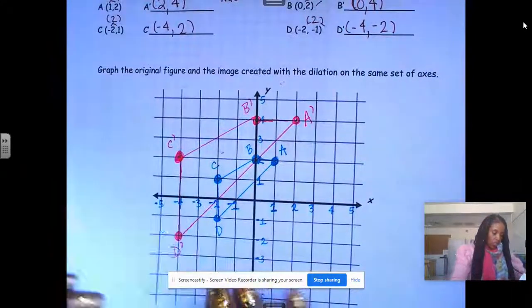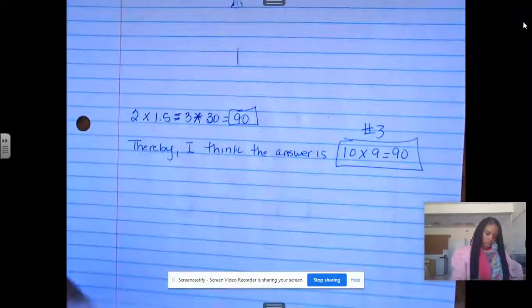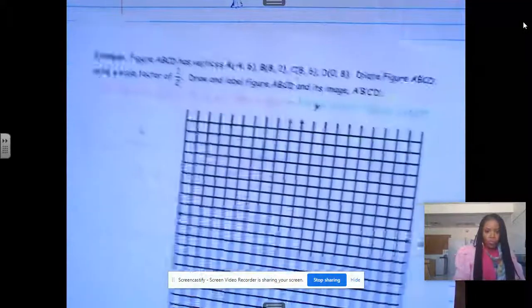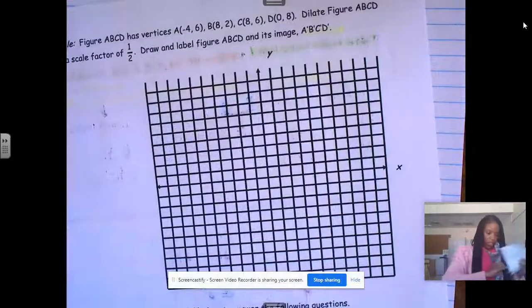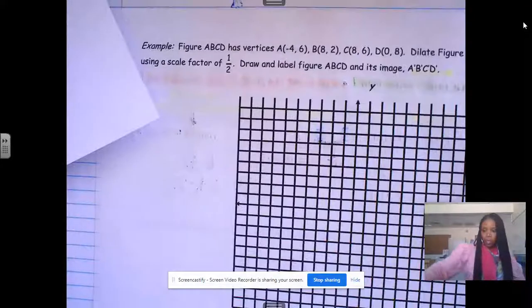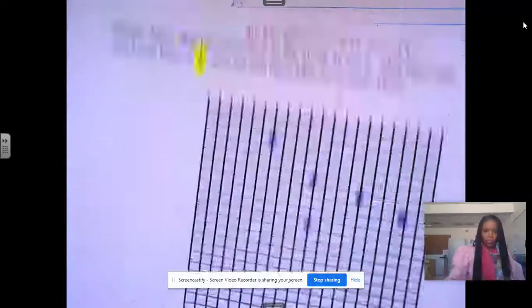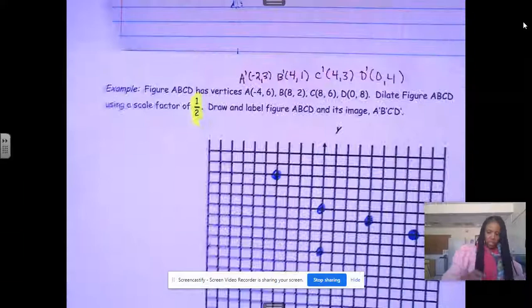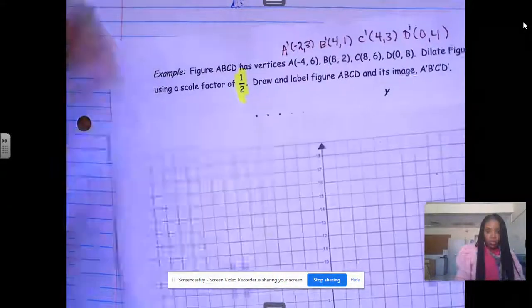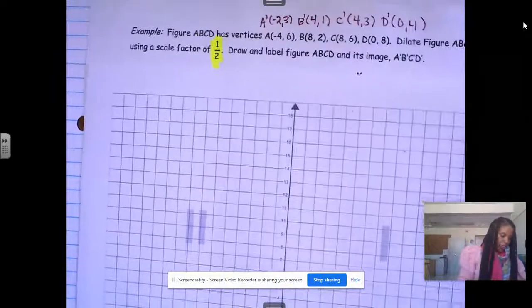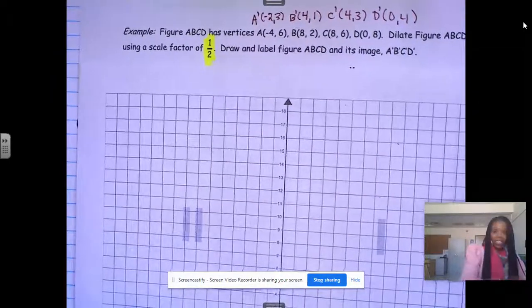Okay? Let me try to do one more. I want to do this on a different graph because I don't really like that graph. Basically, I'm going to use this right here, but I'm going to use a different graph. I don't like this graph, so I'm going to use this one. Okay, so then what you're doing is you're taking it, it says figure ABCD has vertices, and so they gave